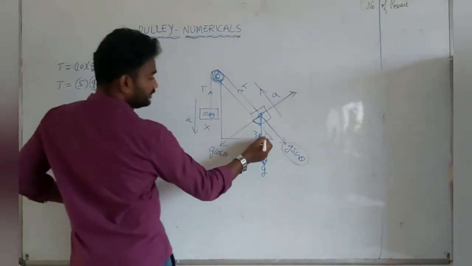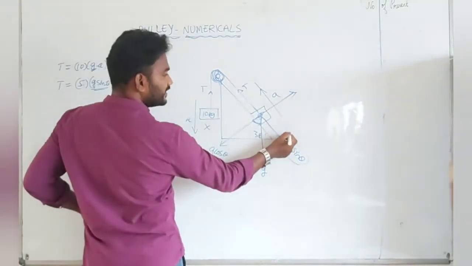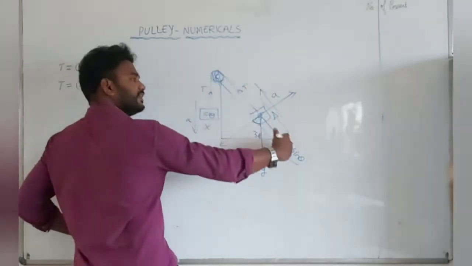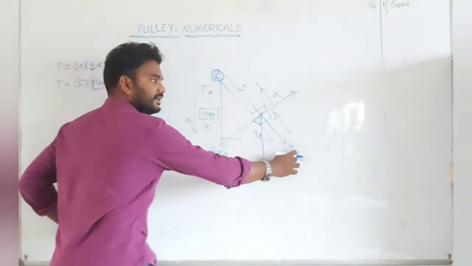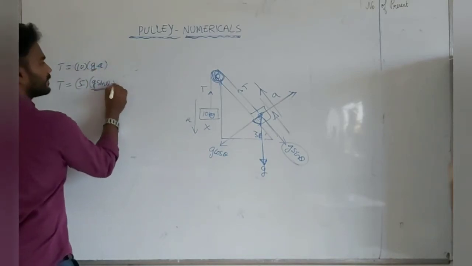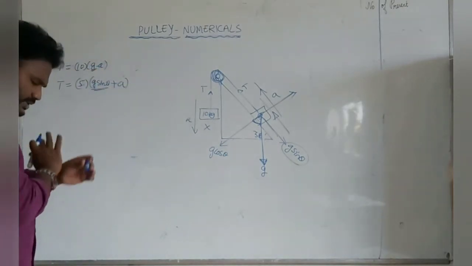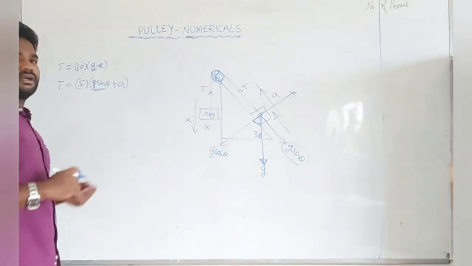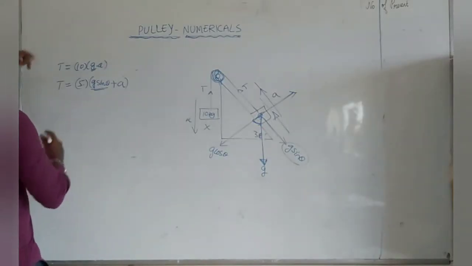That's the reason: in the inclination, the acceleration is G sin theta due to gravity. So instead of G here, we can use G sin theta plus A. That's it, guys. There is no difficulty. Do not memorize any formulas by heart. Now you can apply the principle here.